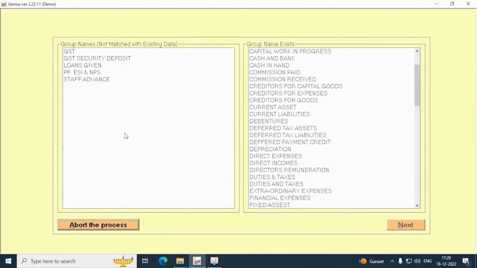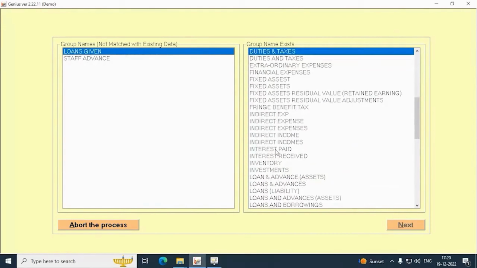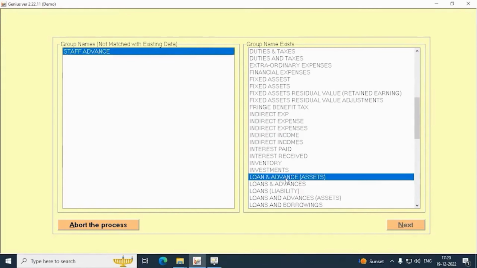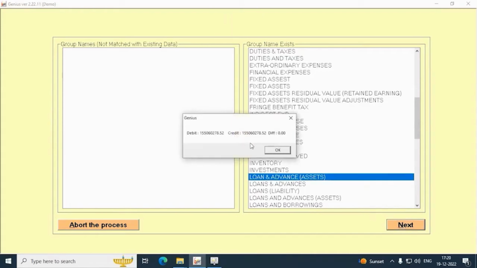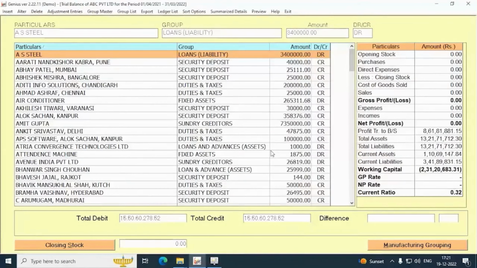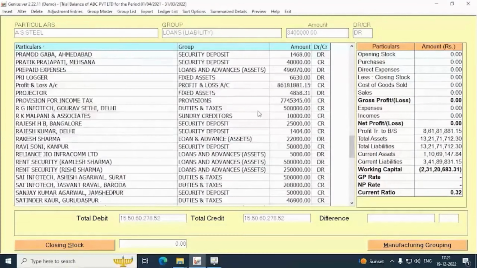You can do that easily by double-clicking on the existing fields of the software. Then you can click on the next button and then click on OK. After that, you can easily check the data imported from Tally to the software.